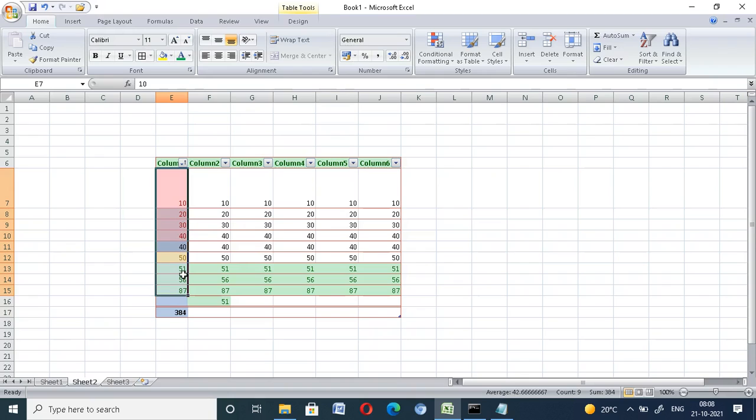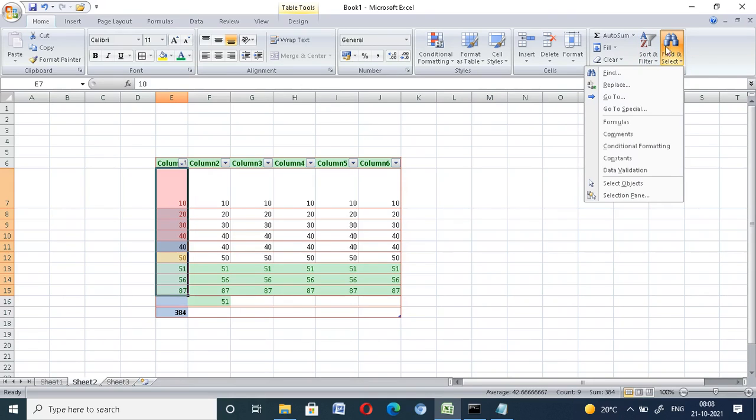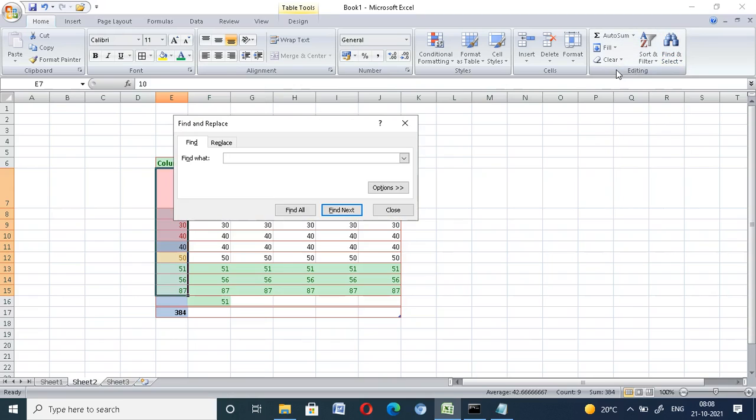Okay, the smallest is at the top. Sort and filter is also present. You can choose largest to smallest, anyone. Now the last one is find. You want to find 87, find all.